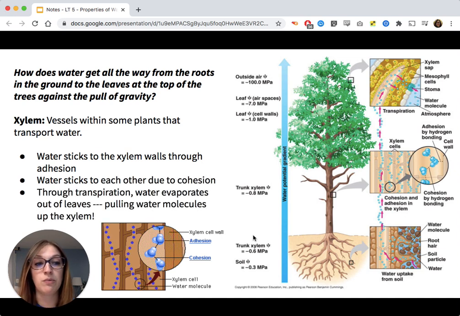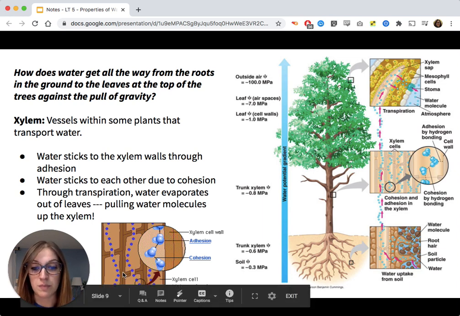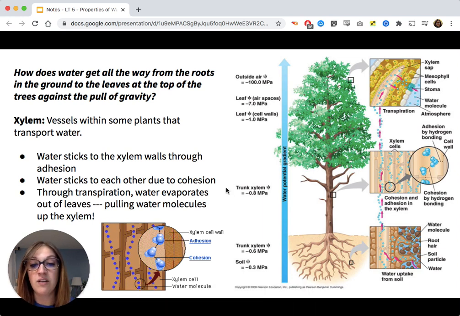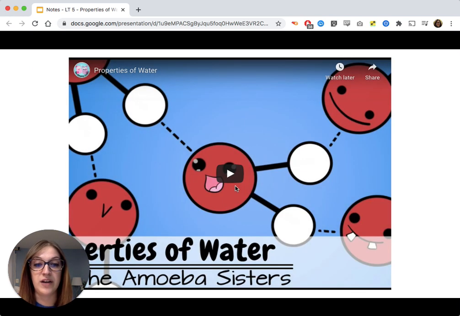And through transpiration, the pulling and evaporation of water out of the leaves at the top, we essentially have this attraction of the water molecules being pulled together. It's called transpiration pull, actually. And it all has to do with adhesion and cohesion and these properties of water. We're going to watch this video, and I want you to add to your notes when you learn about, for example, transpiration, adhesion, and cohesion for plants. And then I want you to also describe the importance of water as a solvent.